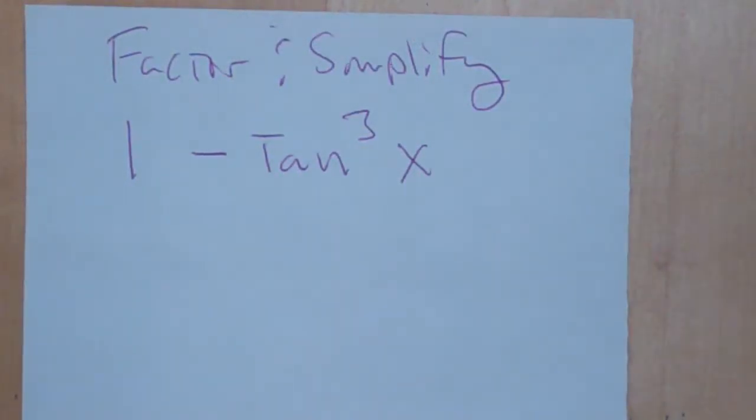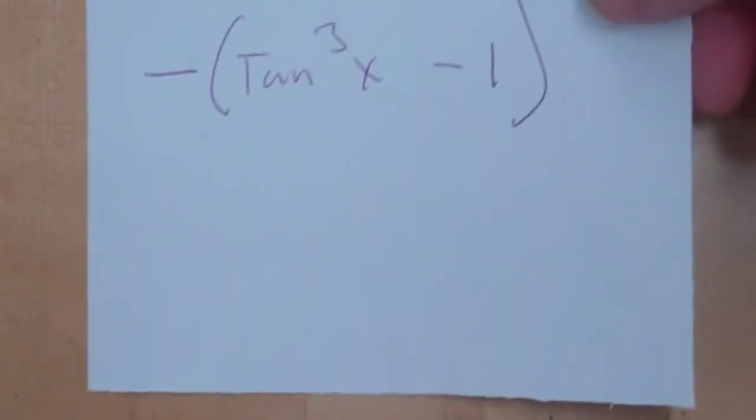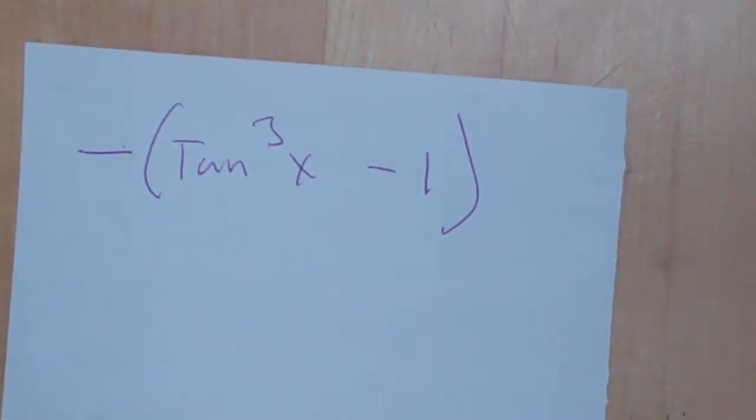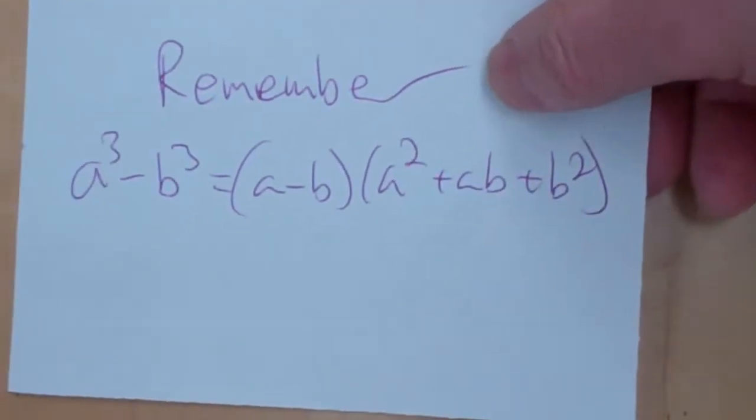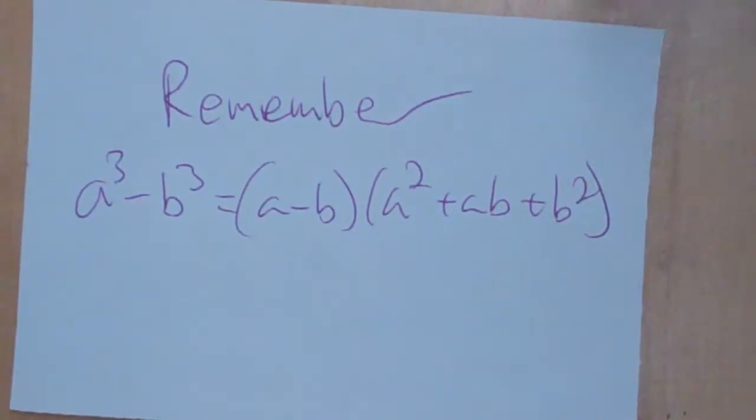So the problem I drew requires me to factor that trig expression. So the first thing I noticed is that I could factor out a negative out of it, and that kind of made it look a little easier. And then I noticed that I have a couple of cubes going on, and I had to remember this factoring